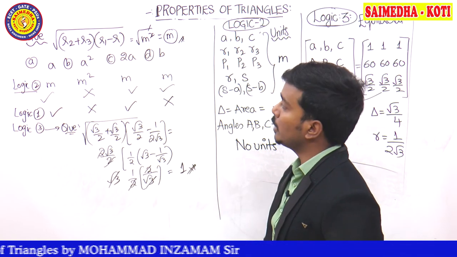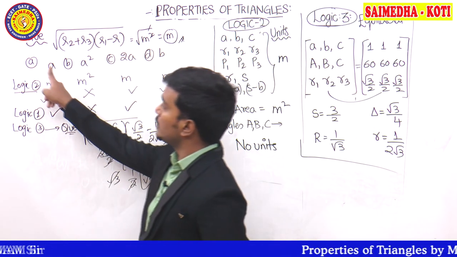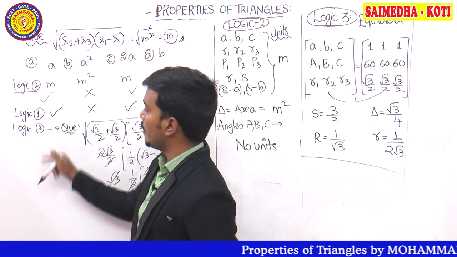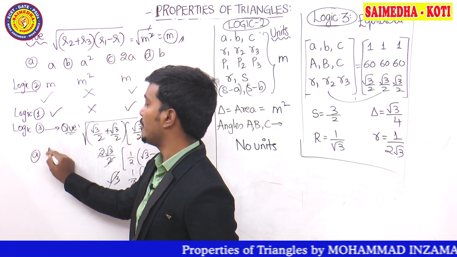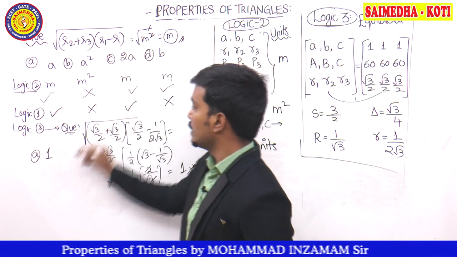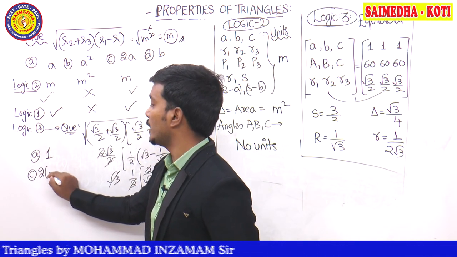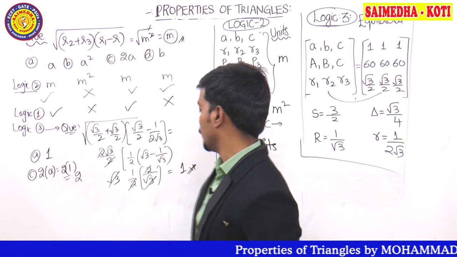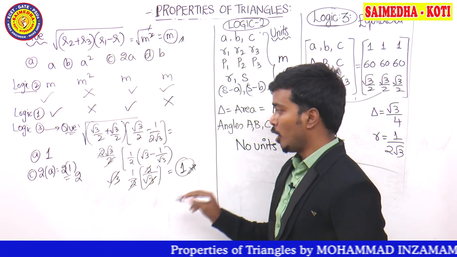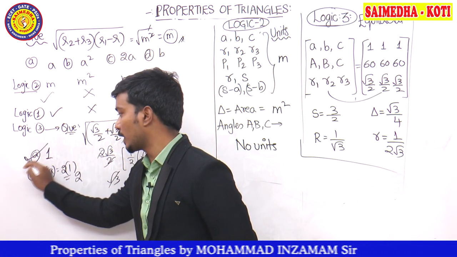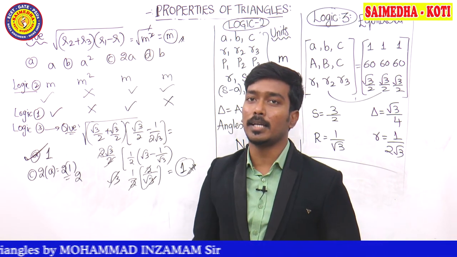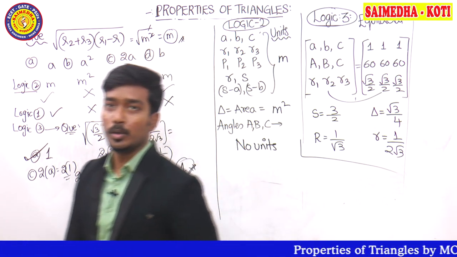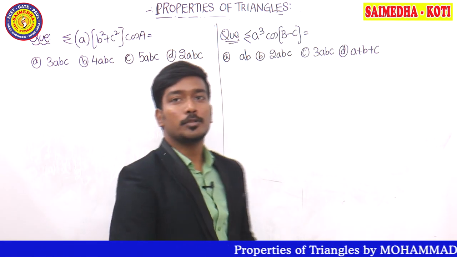1. So which of the options is going to give the answer 1? Option A has a value of 1, and which other one is correct? C. Option C is 2 times A, that is 2 times 1, so the answer is 2. Your question's answer is 1, so the option's answer must also be 1. So which one is the correct answer, guys? Option A is the correct answer. Pause the video to note it down. Let's continue with the next problem, guys.